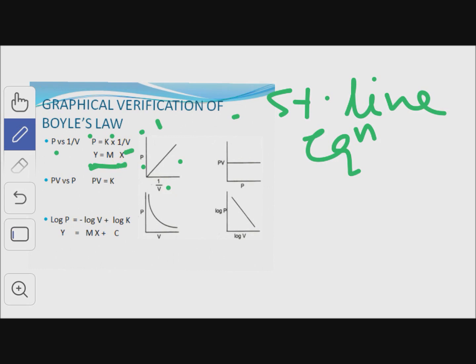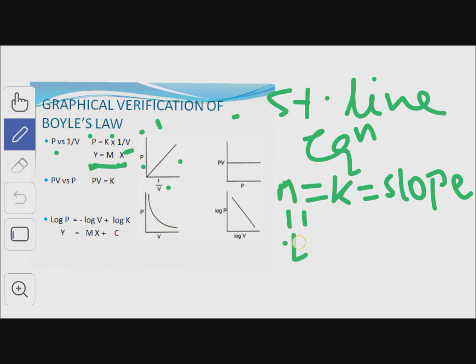Here K is the slope of the graph, m is equal to K, which is the slope of the graph. And we can calculate slope of the graph by the formula